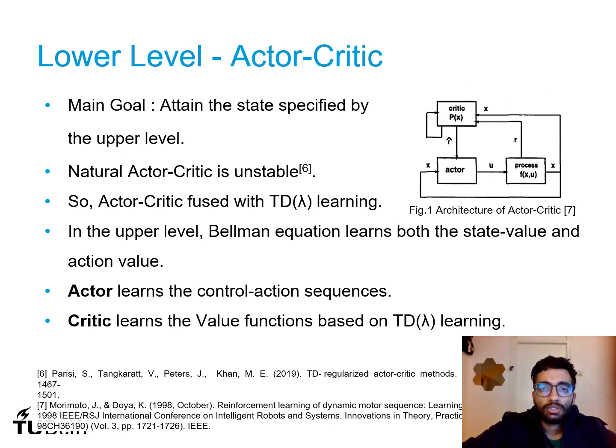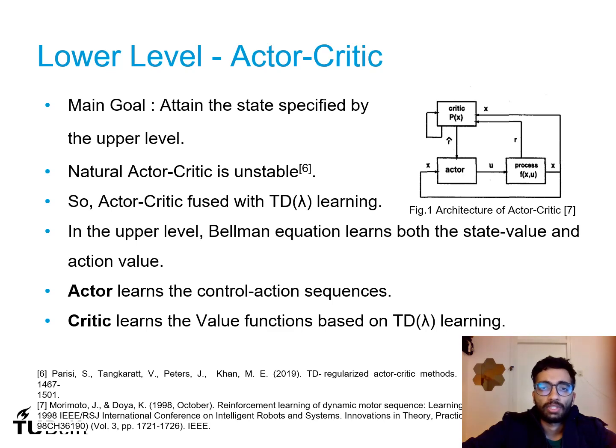In contrast to Q learning, the actor critic learns the value functions and the action control sequences separately. The actor learns the control sequences and the critic learns the value functions. The outputs of the actor and critic are based on a neural network, where the weights of the neural network are updated using eligibility traces. The rewards of the lower level are based on the current posture of the robot and